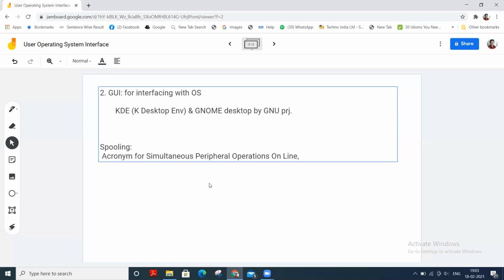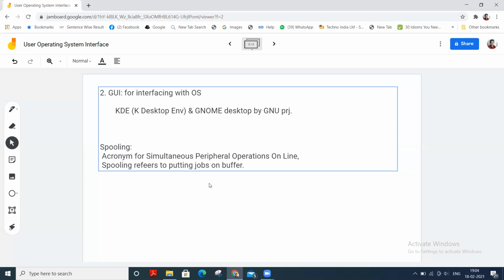Spooling refers to putting jobs in a buffer, a special area in memory or on a disk where a device can access them when it is ready.